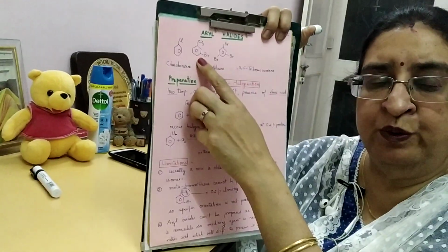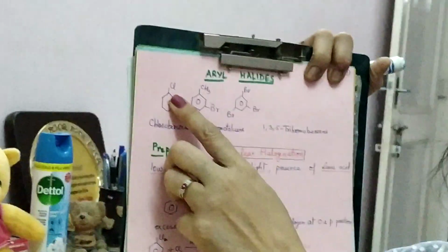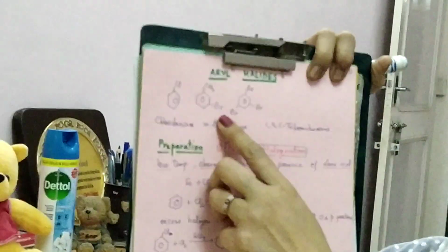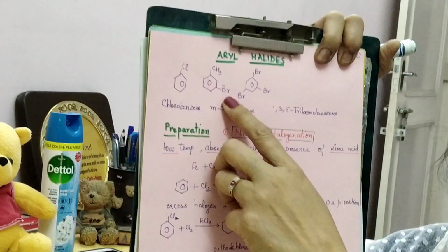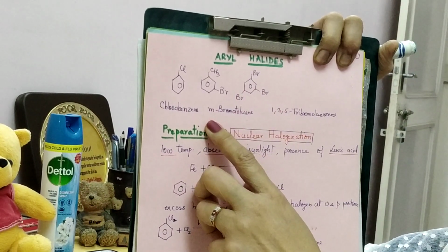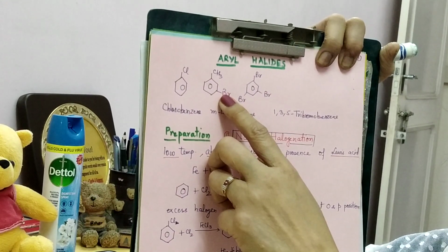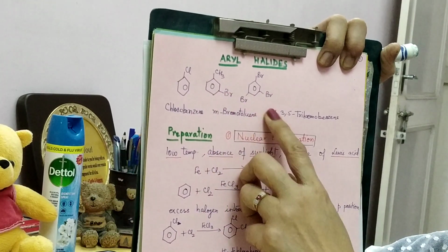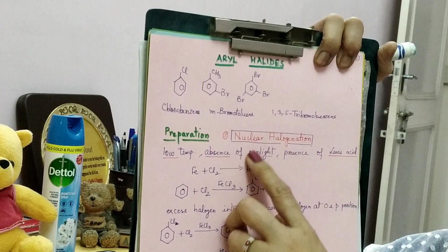Hello students. So today we are going to revise aryl halides, beginning with the nomenclature of aryl halides. You can see here the examples of aryl halides, simple molecules in which a halogen atom is attached to the benzene ring. It may be present along with other substituents, and the substituents may be occupying any of the available positions, and by naming those positions, we can name them as you can see from here.